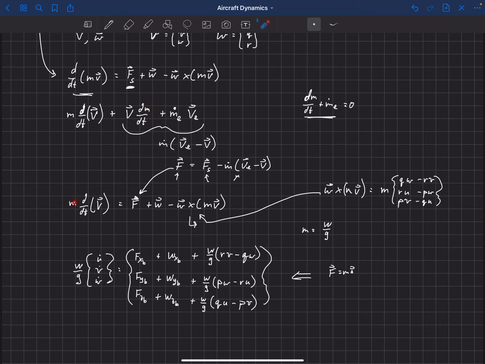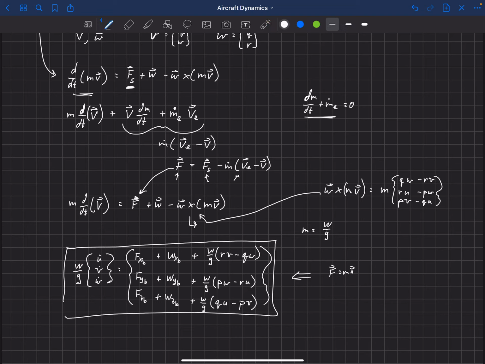And so what that means is that this mass here can actually be a function of time. So these equations here, although it looks like W is a static value, that W can actually be changing with time, because we are including the thrust effects that come from the change in mass with respect to time in this force vector here, okay? So W can now be a function of time, and so this is our final form that we'll be using for Newton's second law in the translational sense.